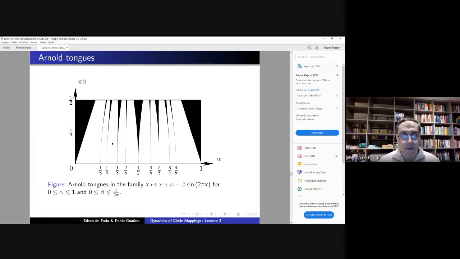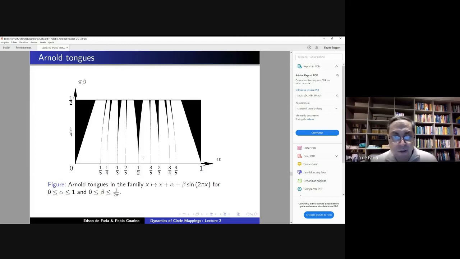And the Cantor set has positive measure for beta less than 1 over 2 pi, but when you get to the top, see the gaps are kind of becoming thicker. So it's kind of reasonable to expect that the measure is going down, and in fact, it gets to 0 when you get to beta equal to 1 over 2 pi, okay?